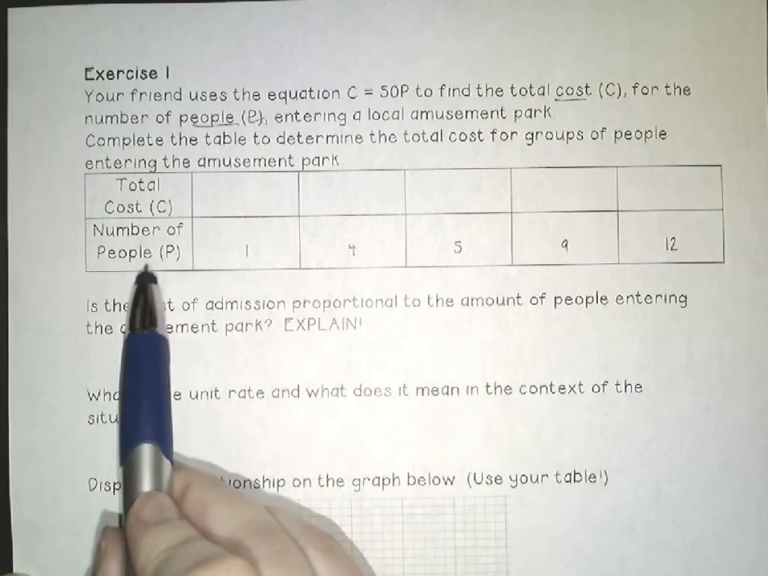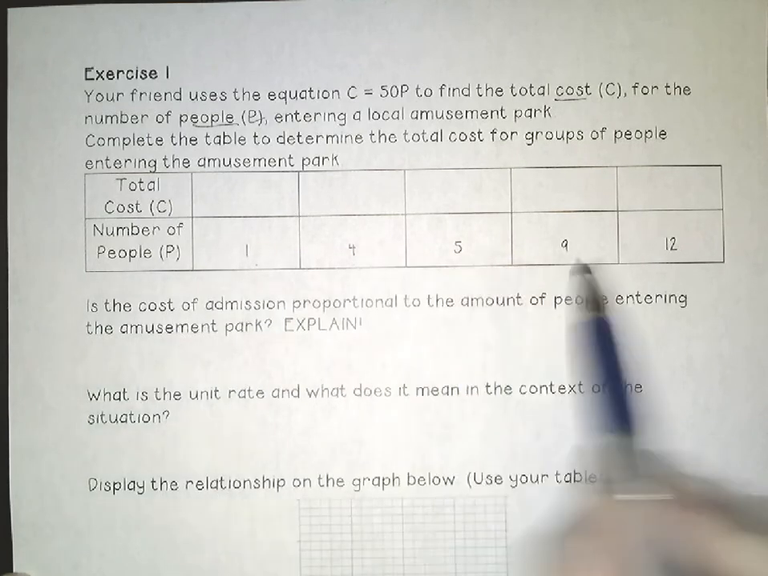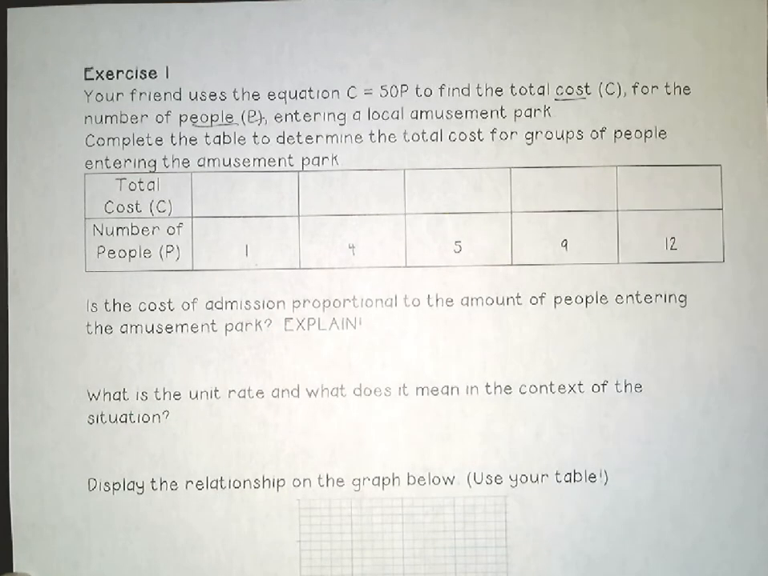So here we have number of people, 1, 4, 5, 9, and 12. And we need to use this formula to fill in the cost. Is the cost of admission proportional to the amount of people entering the amusement park? Yes, it is, because the unit rate,